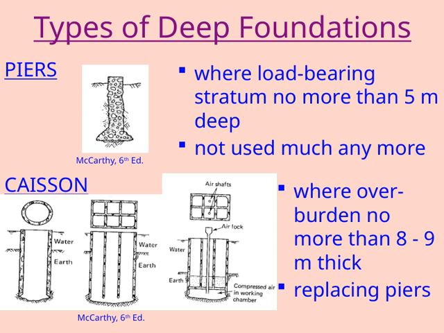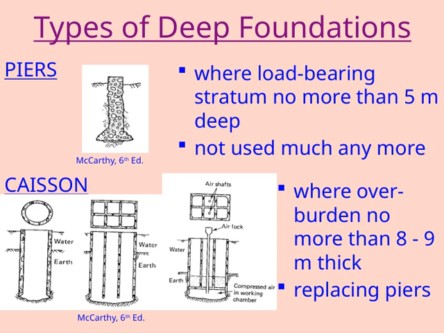Moving on, where the overburden or the layer of soil or fill above the bedrock or load-bearing stratum is no more than about 8 to 9 meters thick, we see a shift in practice. In these cases, caissons often replace piers because they can handle greater loads and provide more stability for the structure. So, understanding these types and their suitable conditions helps us choose the right foundation method based on the specific site